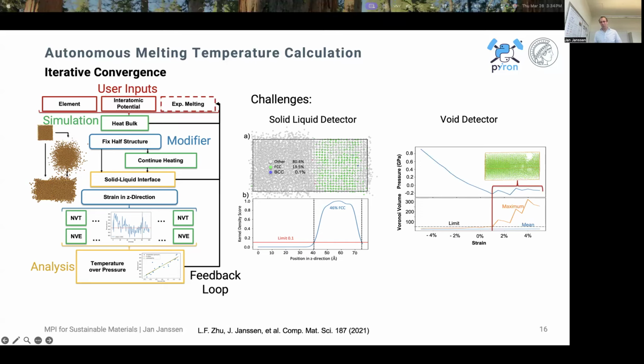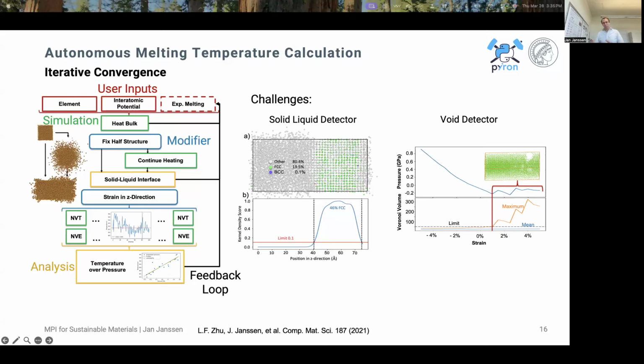In the same way, we found pressure over strain curves, which are first nicely linearly decreasing, but then remain constant with increasing strain. And we were able to map this to the formation of voids, in particular for HPC crystals. Again, we keep track of the void by measuring the volume and comparing the maximum to the mean, and as soon as it's larger than twice the mean, we interrupt the calculation and exclude those results from the corresponding fitting. This really allows us to have these kinds of feedback loops and converge much more